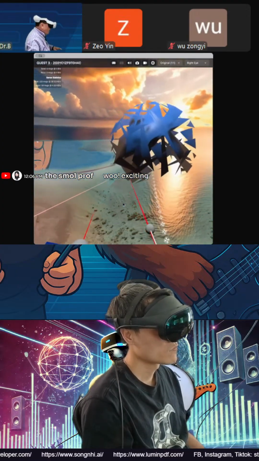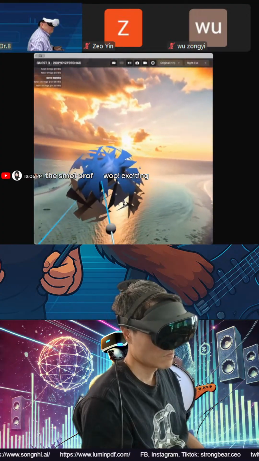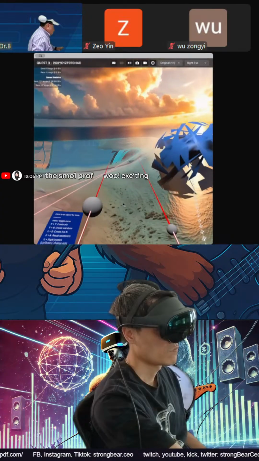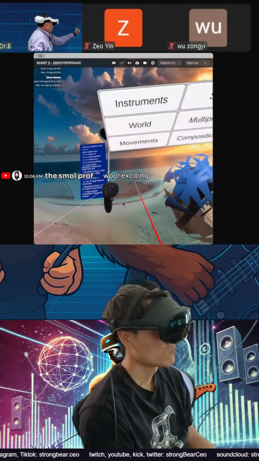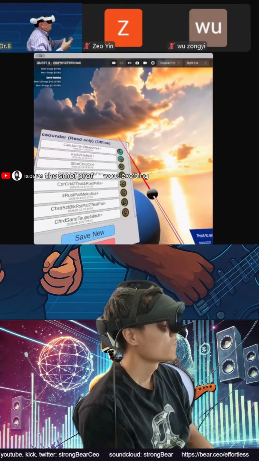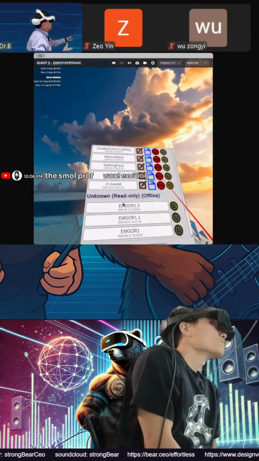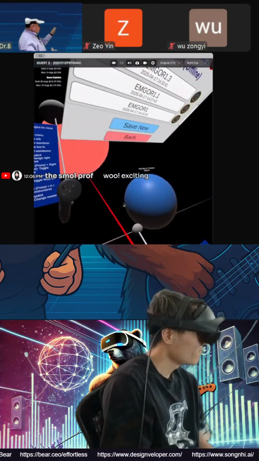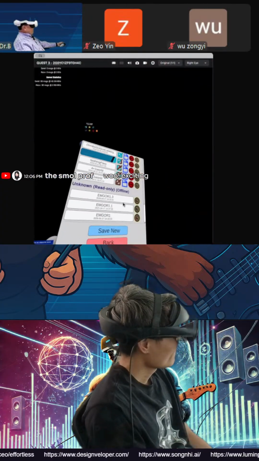Okay. Now, I wanted Strongbear to have a little idea of how things work, so I'm going to be quiet for a minute. I'm going to, with my hamburger menu on the left hand, choose a movement. And the first movement I'm going to choose is nothing, silence black. So everybody fades out, we go to black screen.